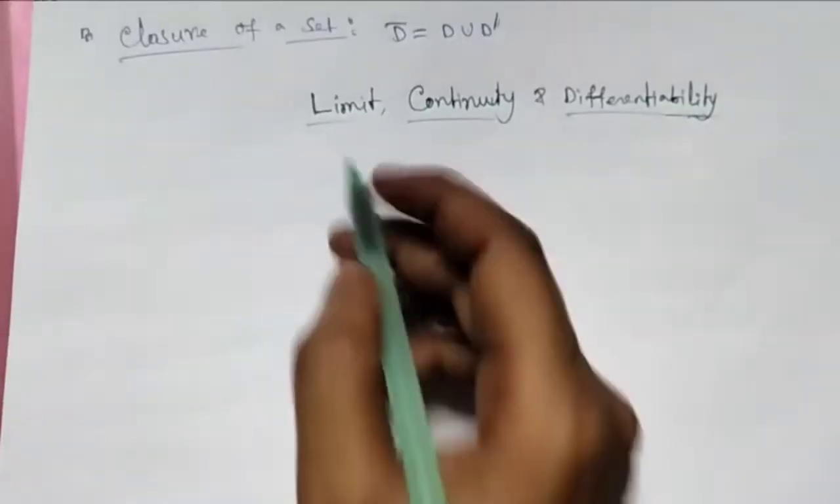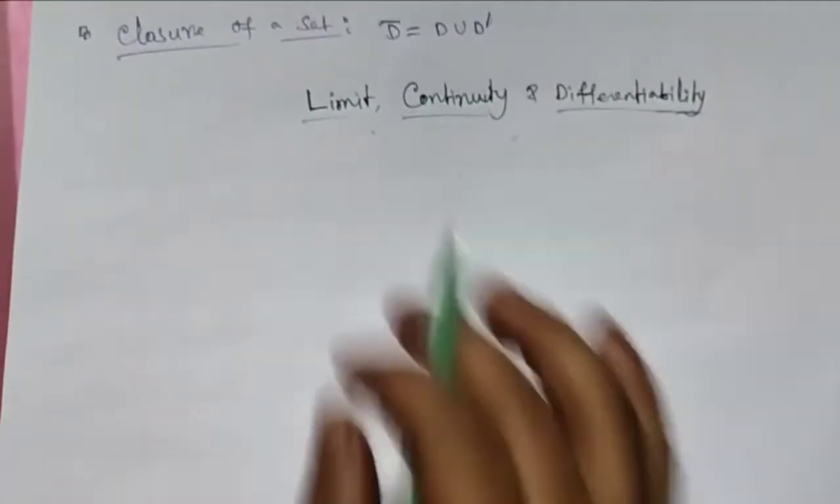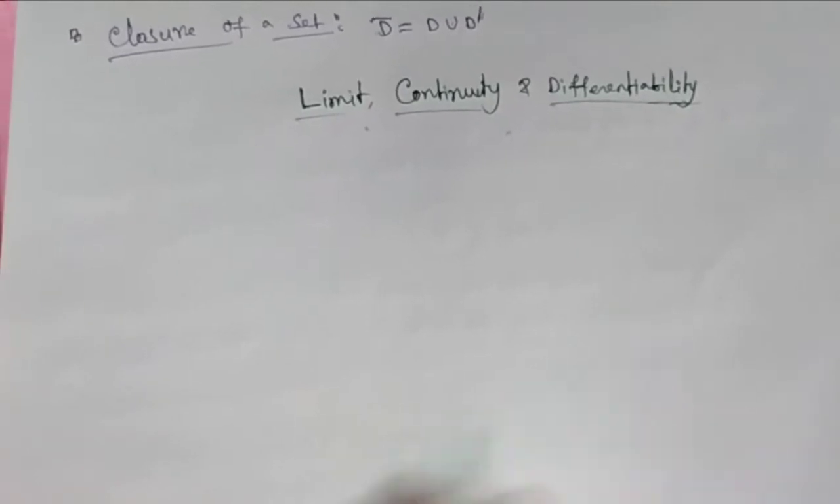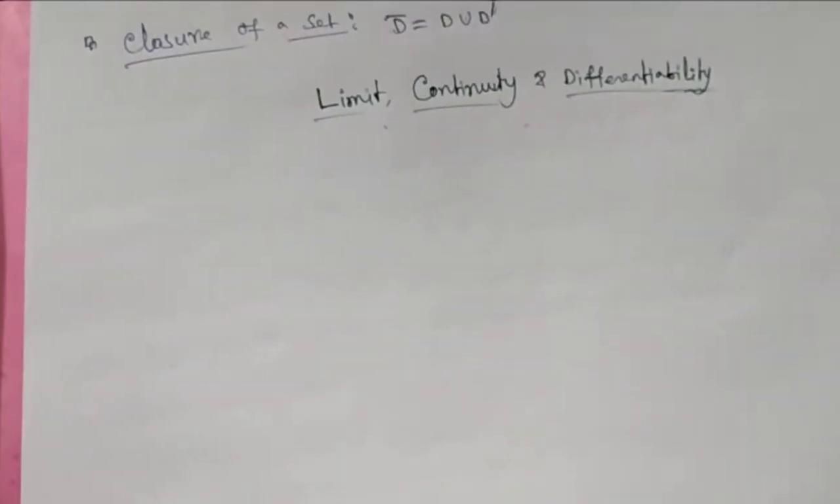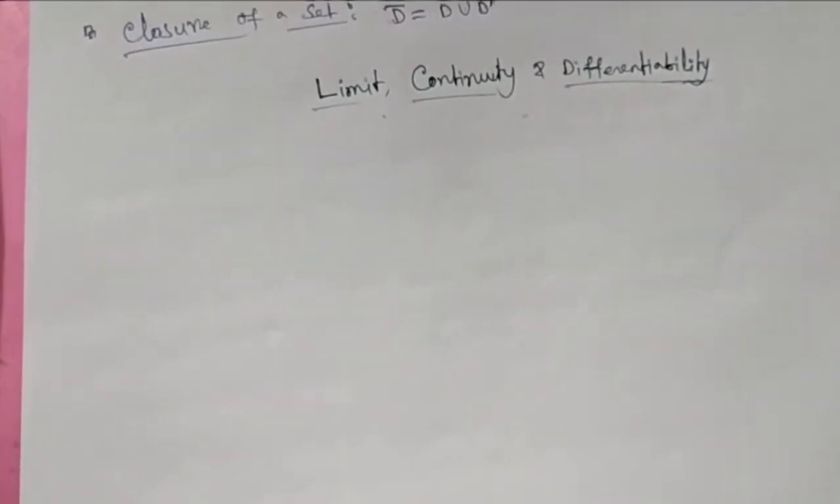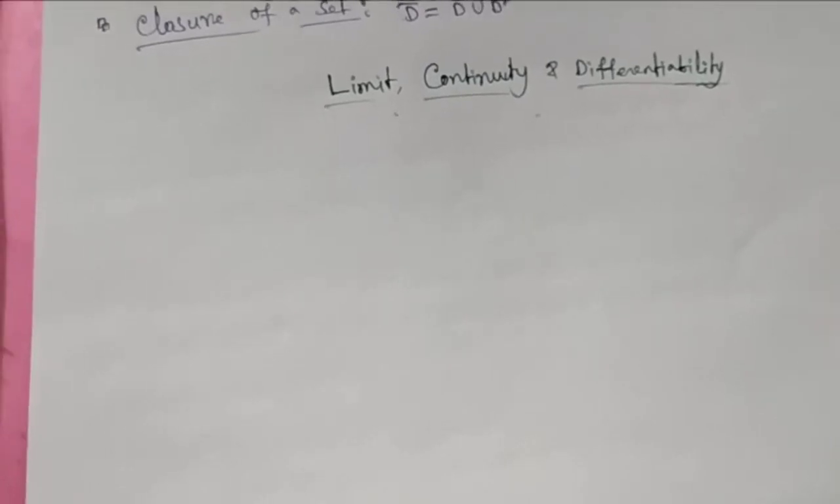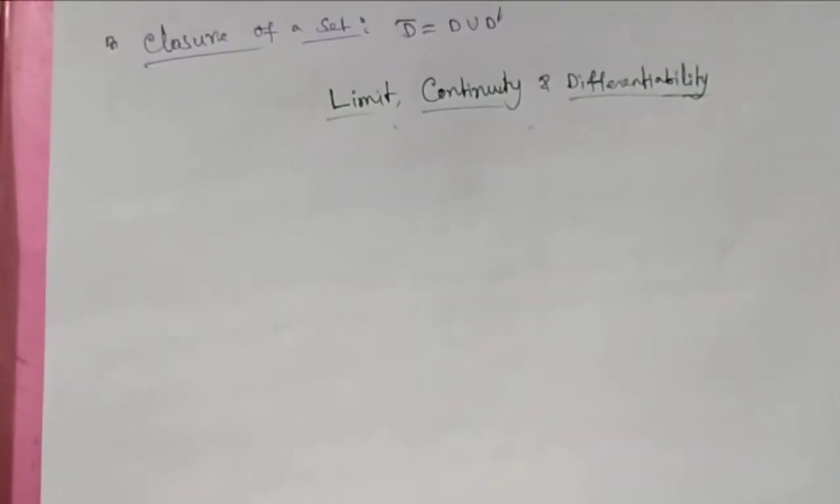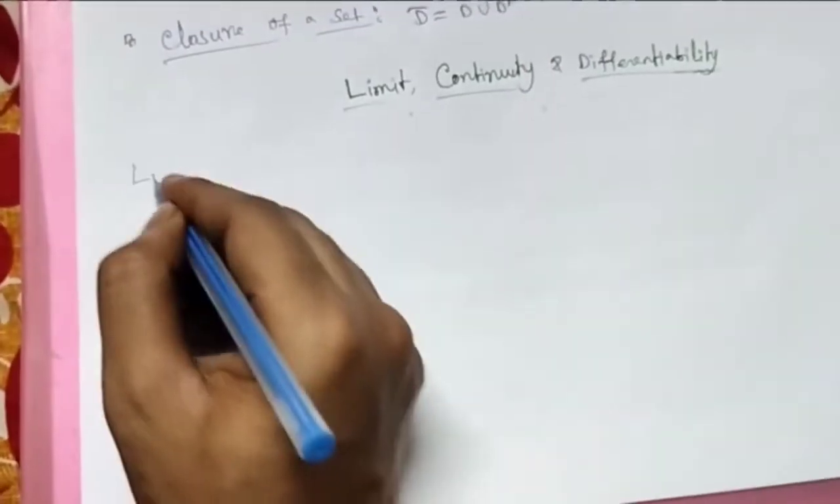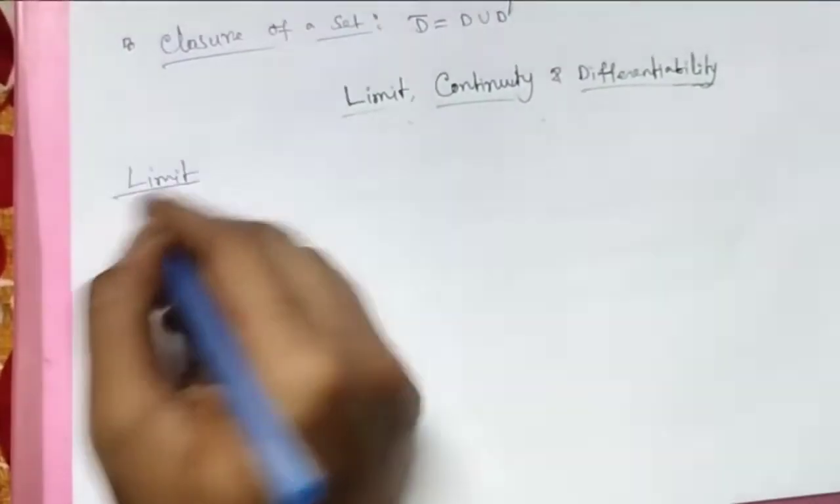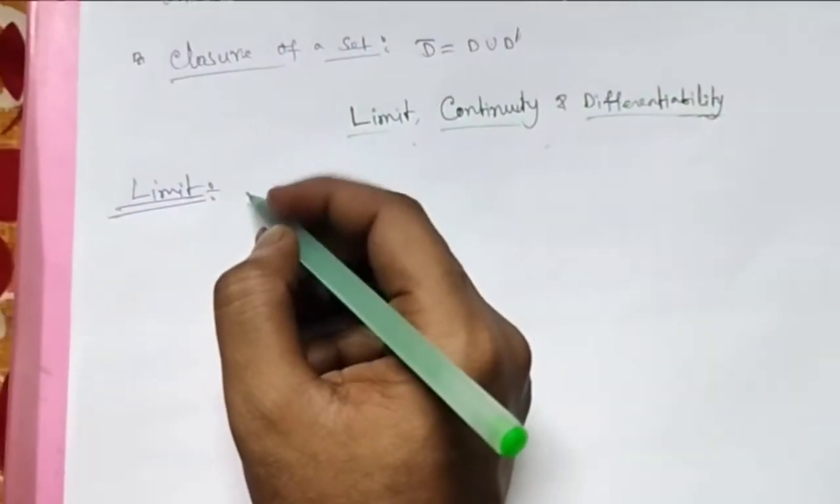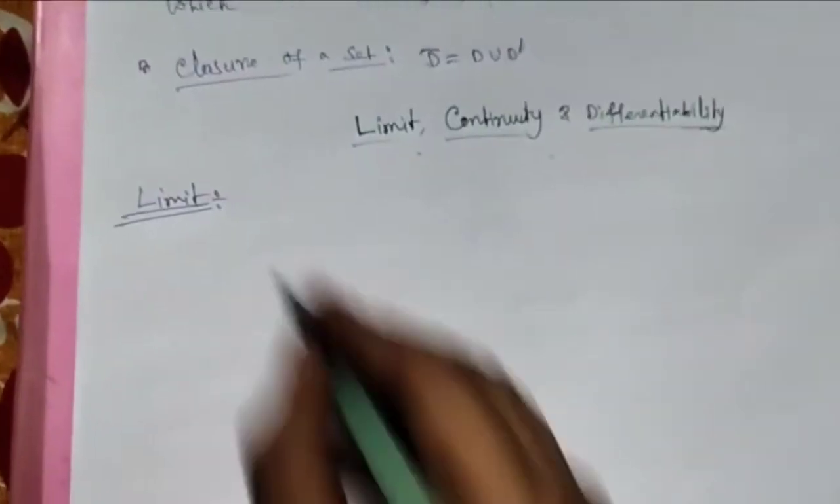The important thing is the limit, continuity and differentiability. So now we have to read limit in complex analysis. So when we say that its limit exists or not, so if